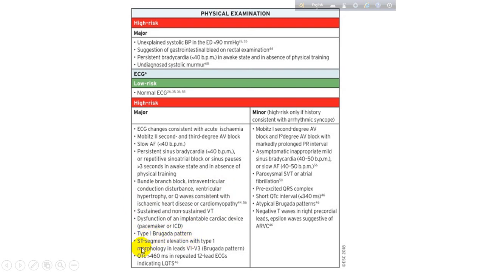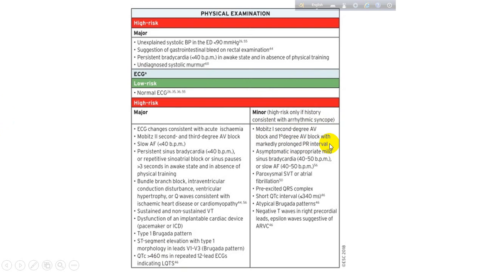Type 1 Brugada pattern, ST segment elevation with type 1 morphology in leads V1 to V3, which is Brugada pattern. QTc of 460 milliseconds in a repeated 12-lead ECG indicating long QT syndrome. Minor high risk if history consisted of arrhythmic syncope, such as Mobitz type 1, second-degree AV block, and first-degree